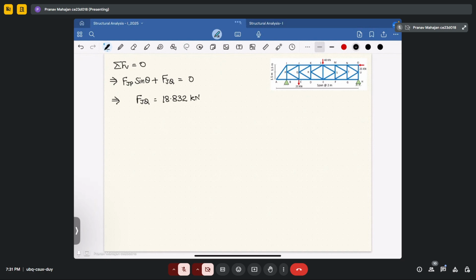Okay. Now from this, we will move to joint C, because directly we can't move to joint Q, because in joint Q, there are three unknown forces, but we have only two equations. So we will first move to joint C. From there, we will calculate one force member, that is FCQ. Then we will move to joint Q. So taking joint C,